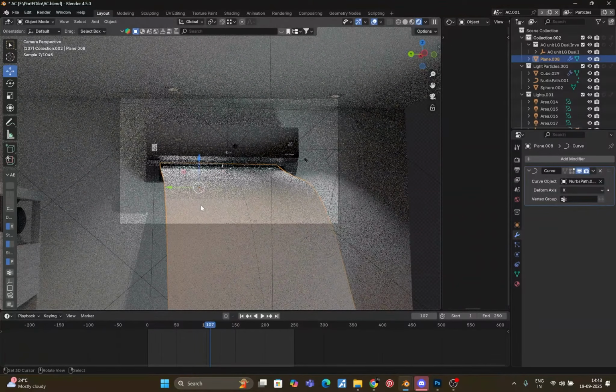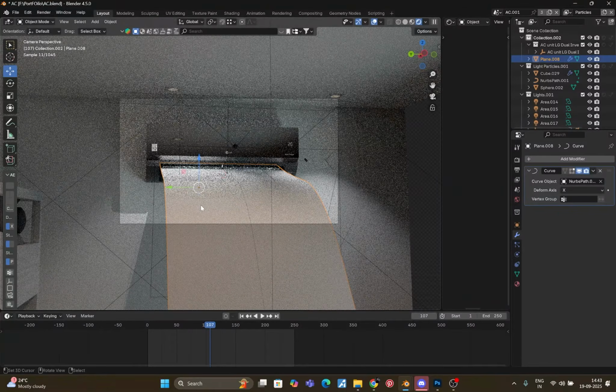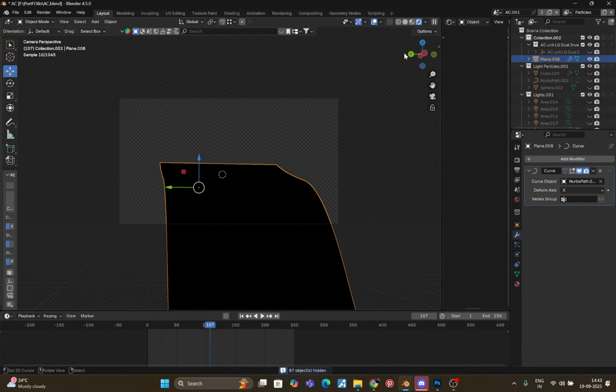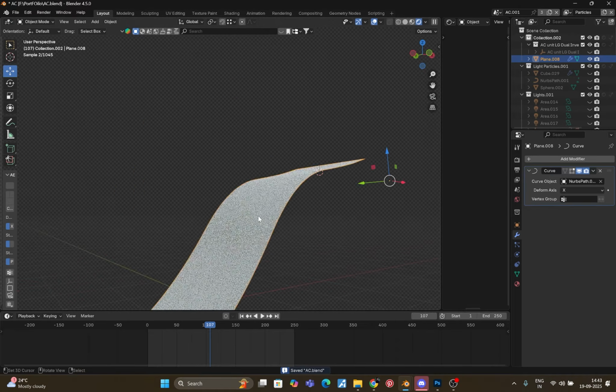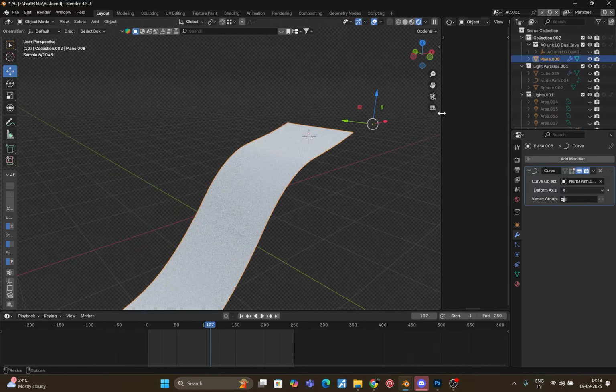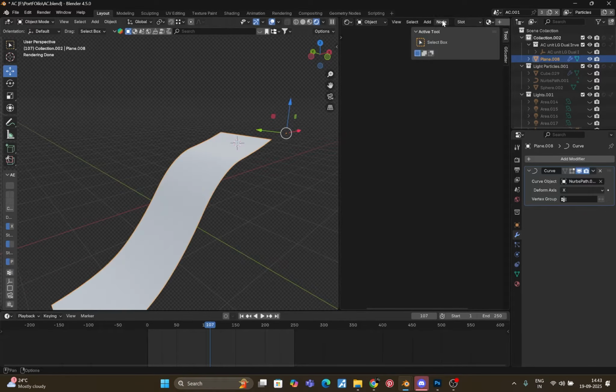And then let me separate this so I can work only on this plane. Okay, now we have to create